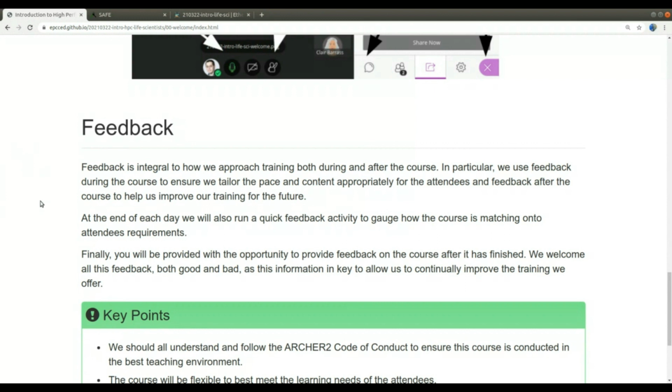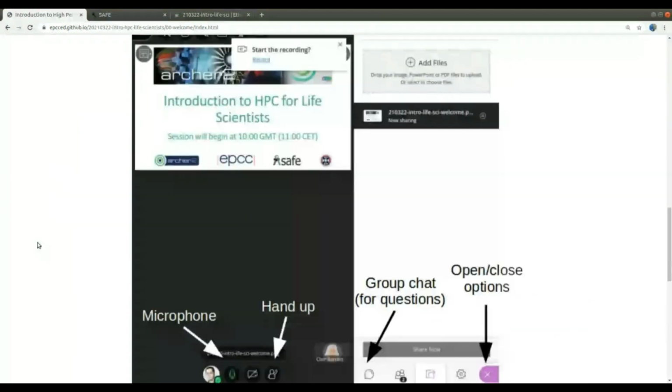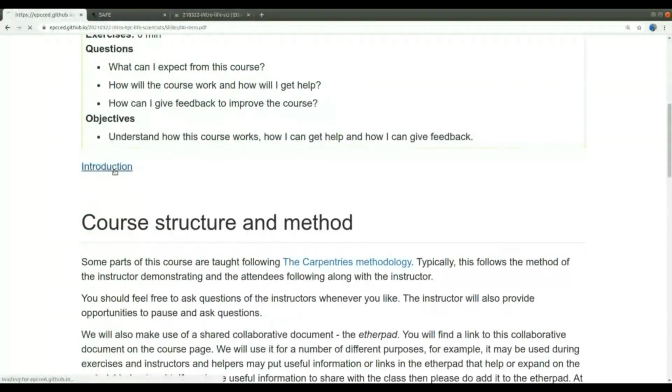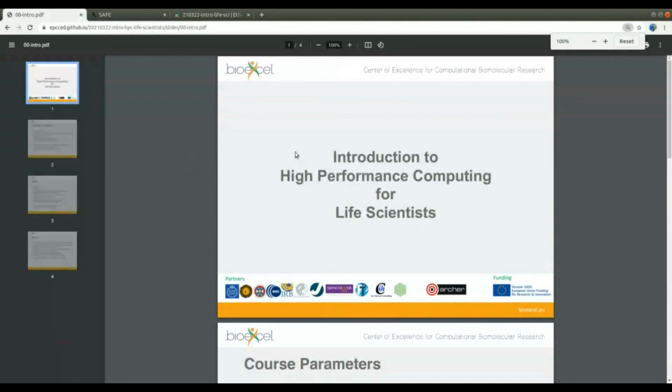All 3 of the bodies that I mentioned before, BioXL, EPCC, and PRACE, have a number of training opportunities, and we really want to make them as good as possible. So, with that,